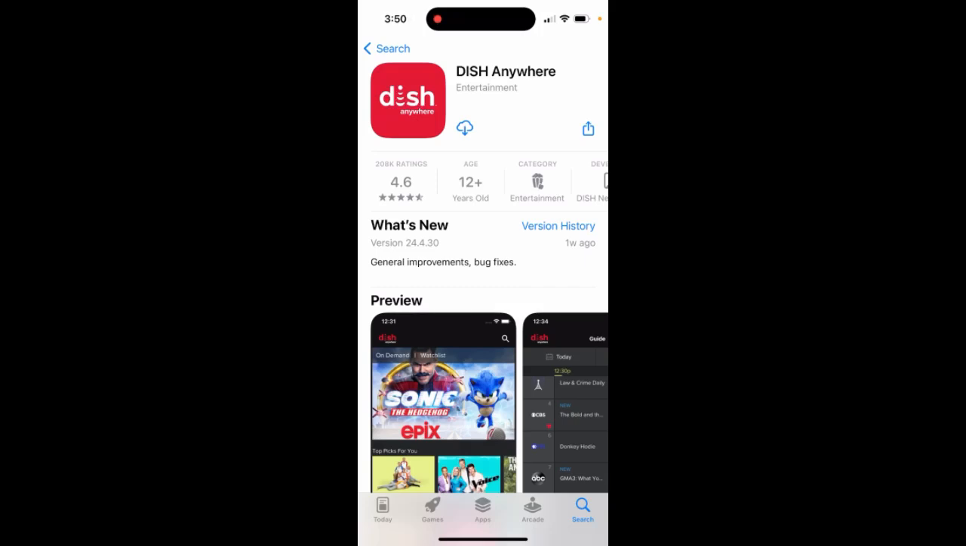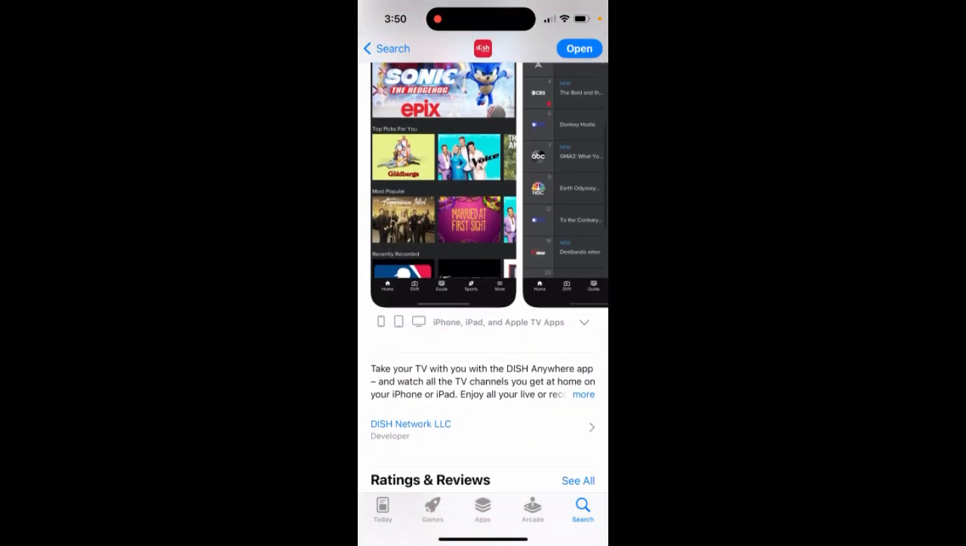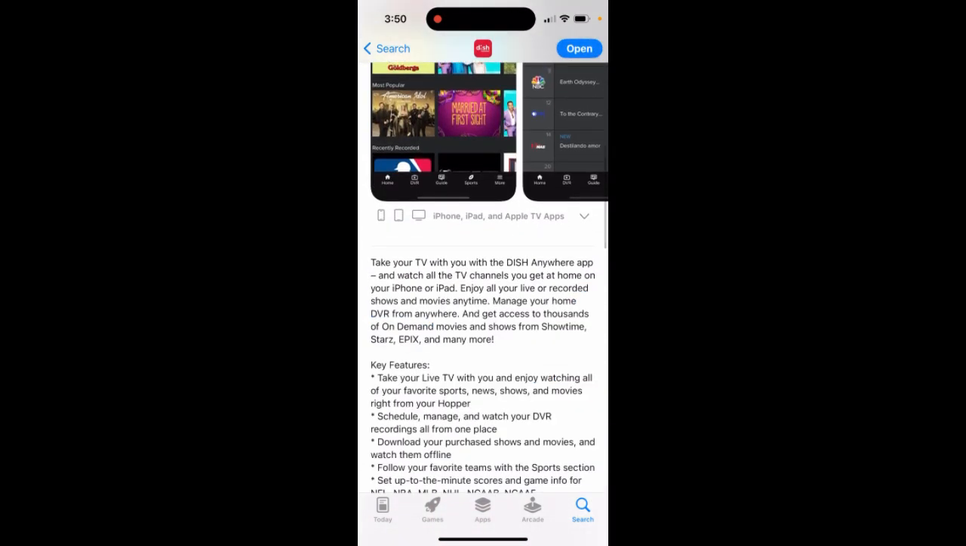Here's the Dish Anywhere app. You can just go and install it. It's quite a popular app and obviously there's a network, and there's a special mobile app. So with the Dish Anywhere app, you can watch all the TV channels you get at home on your iPhone or